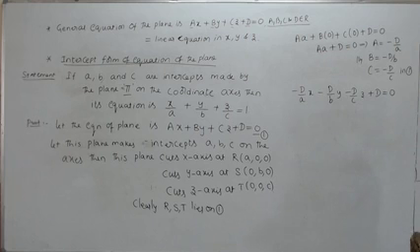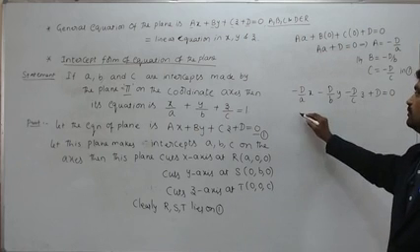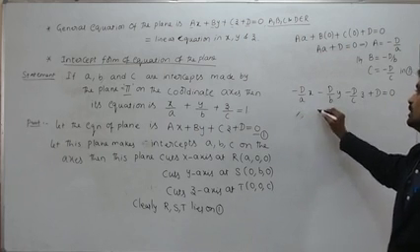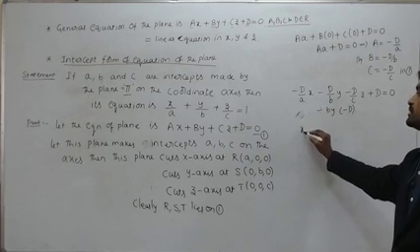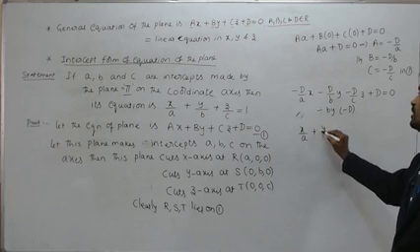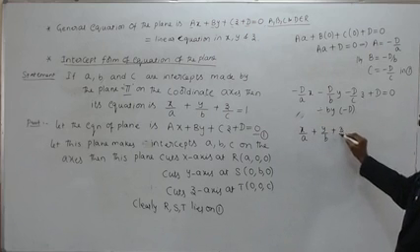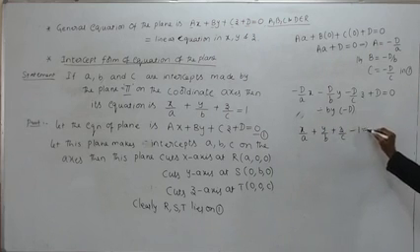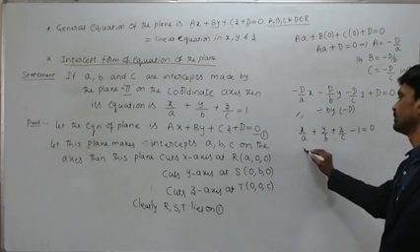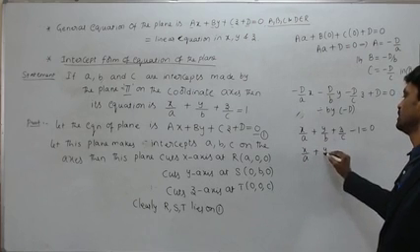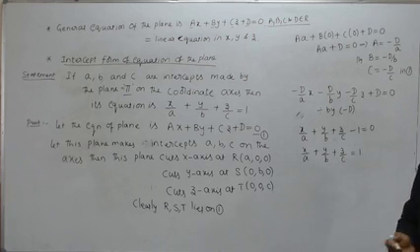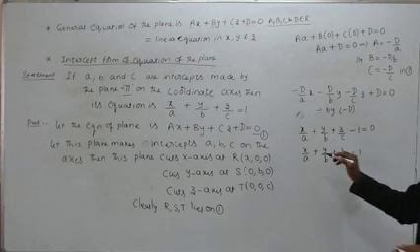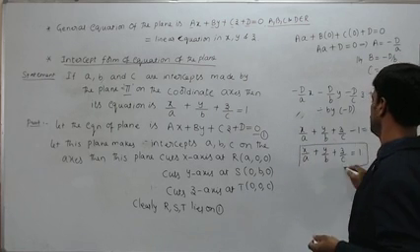So throughout the equation you divide by minus D. If you divide by minus D, then what will you get? x/a + y/b + z/c - 1 = 0. Or further this can be written as x/a + y/b + z/c = 1. So this is the proof. Okay, and this is the equation of the plane in intercept form.